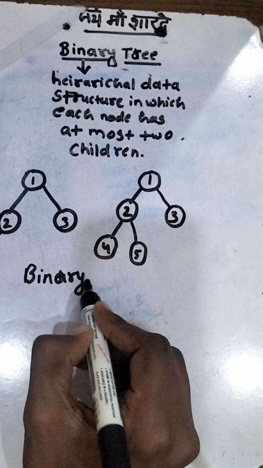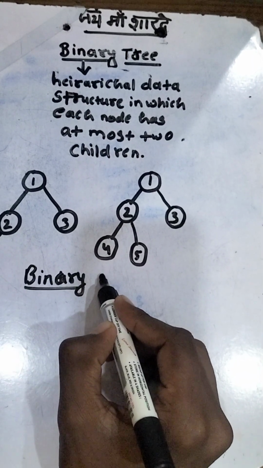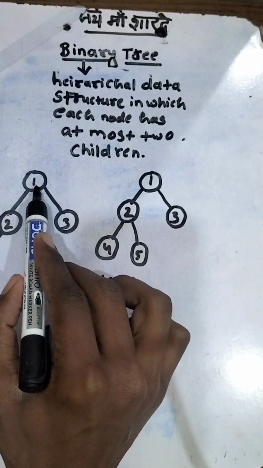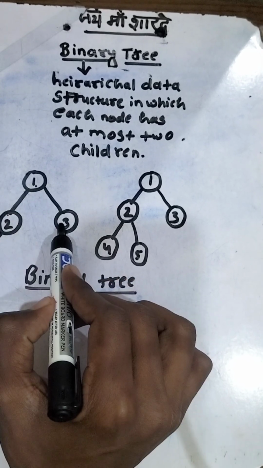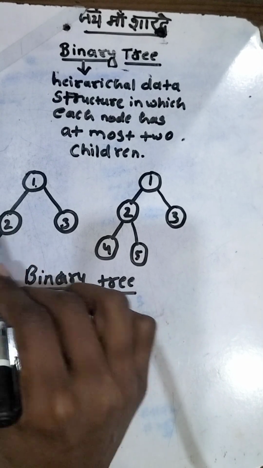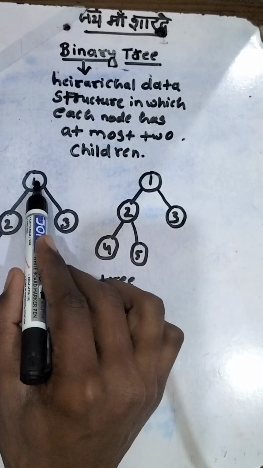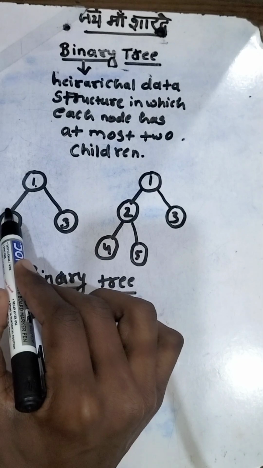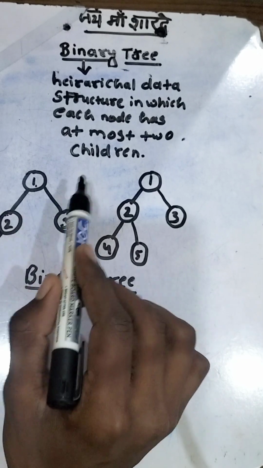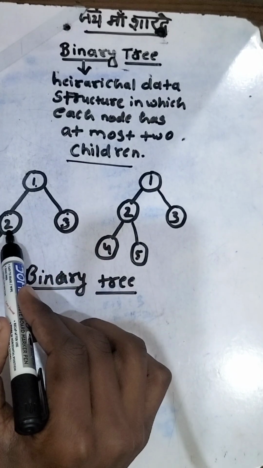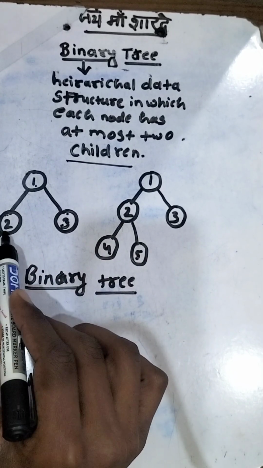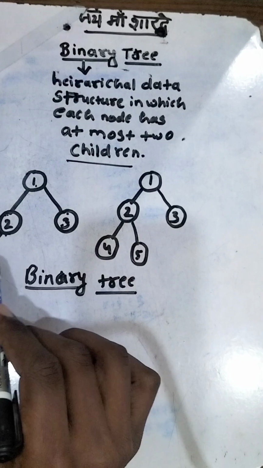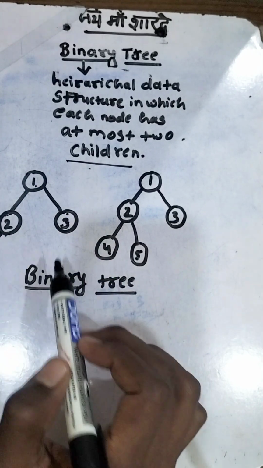We have to understand how these are binary trees. So first of all, you can see there is a root node, which has two children, first a left node and a right node. Here we can see that the root node has two child nodes, so it satisfies the condition that we have written already. And for 2, we have seen that 2 is a parent node and it has a single child node, so it is satisfying this condition. So that's why it is a binary tree.